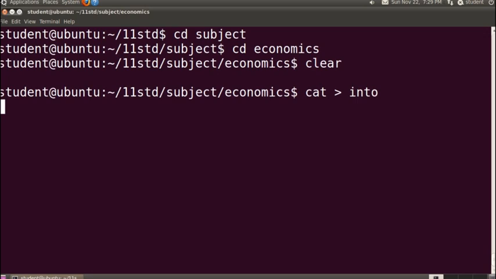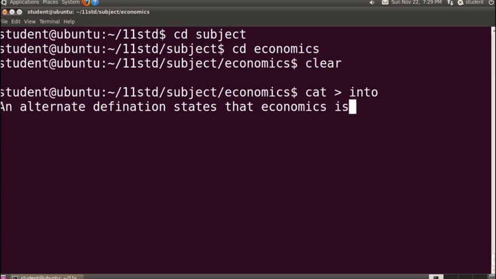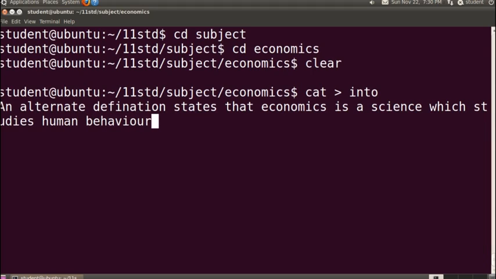Now whatever I type here, for example, whatever I typed here got typed into a text file named intro.